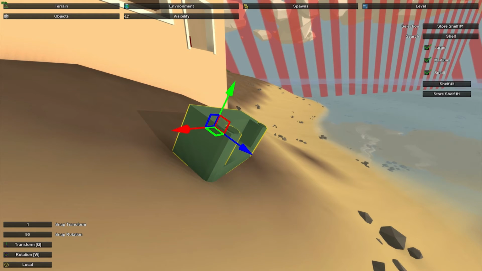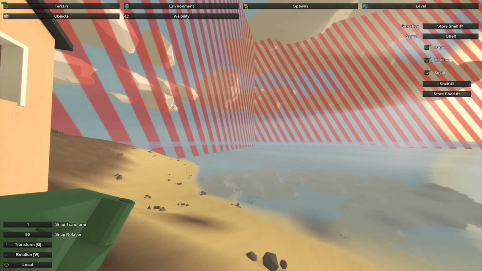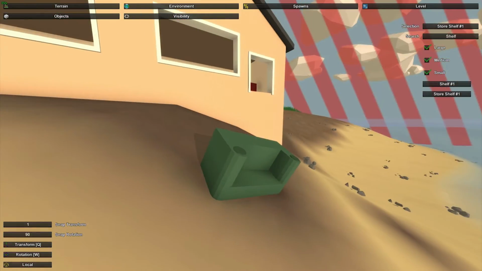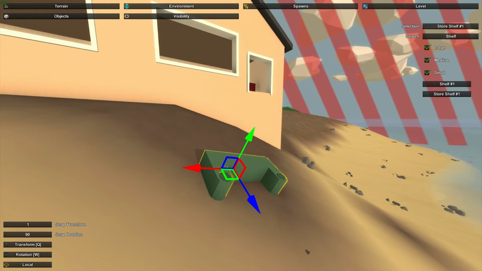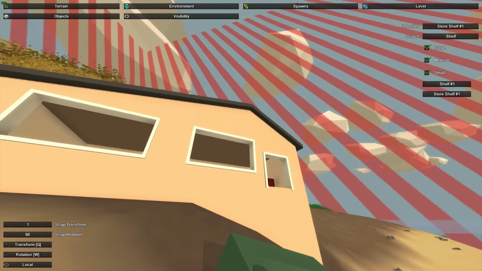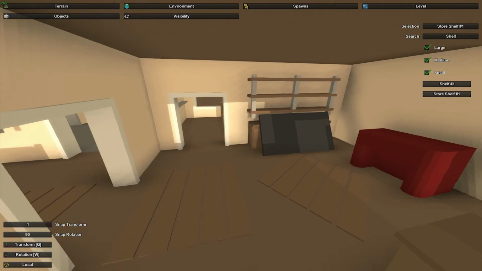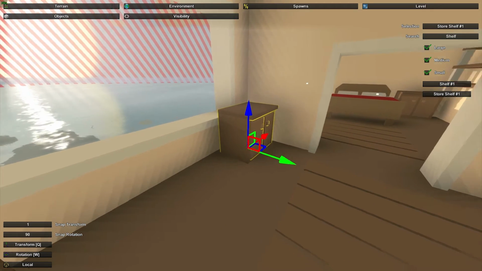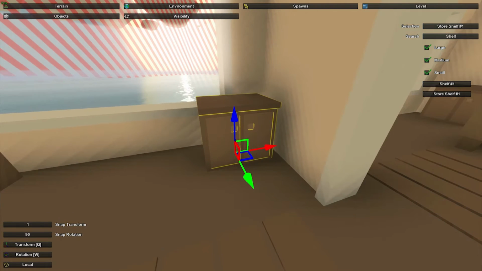It may have hit the dirt like that, but it's literally just laying on the dirt. It's not sunk into the dirt. There's no reason why a couch should be like this. There's no reason at all. There's no reason why there should be dirt mounds inside of a house. There's none whatsoever. These are going to be a little more difficult, because I wish you could open these and